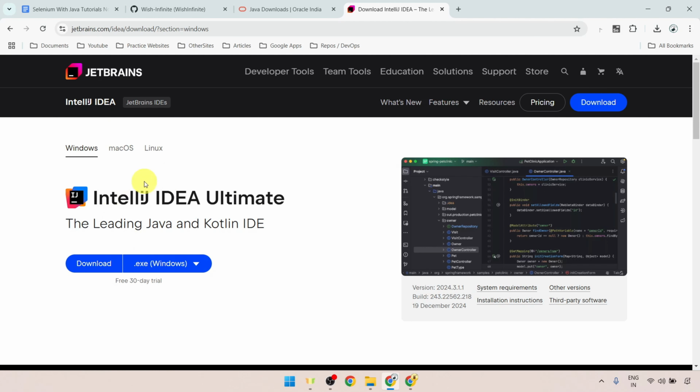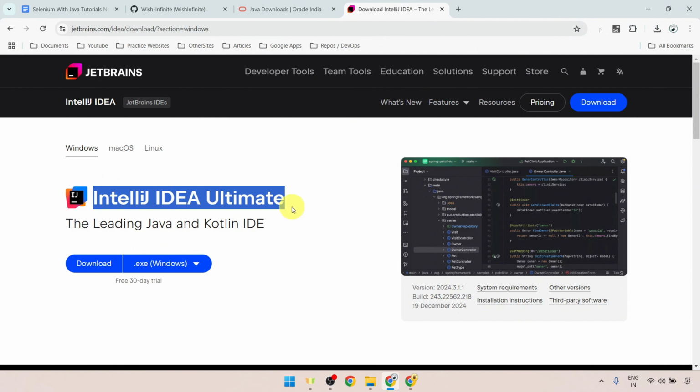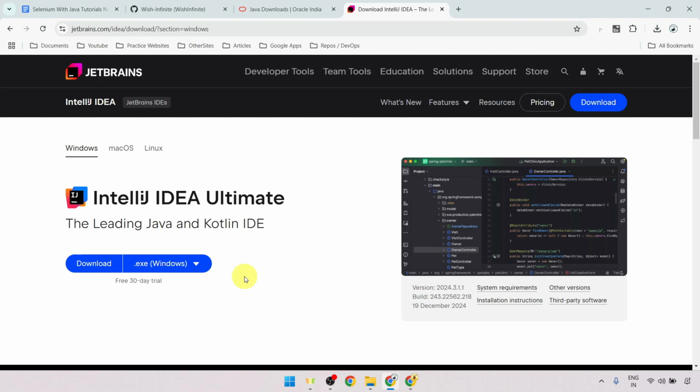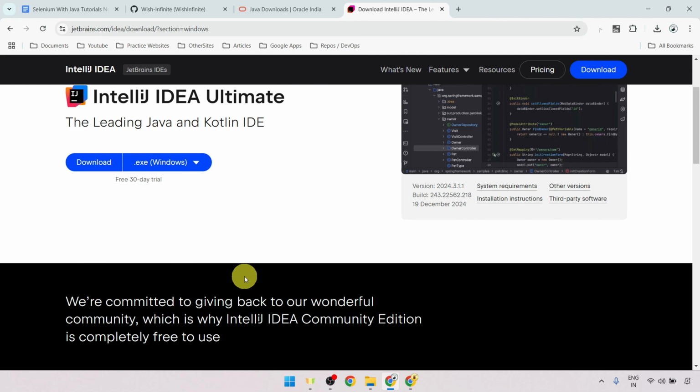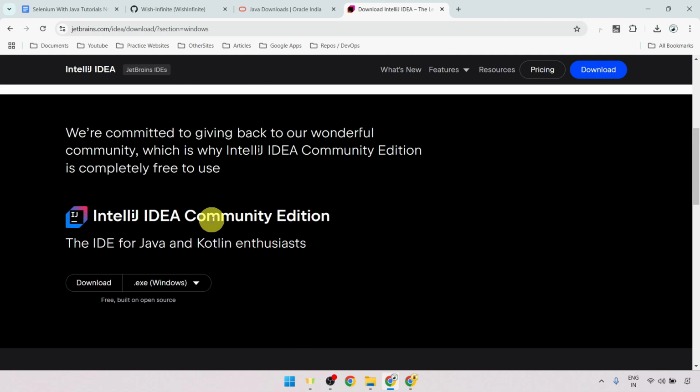And below it, you would be able to see this IntelliJ IDEA Ultimate, which is the paid version of IntelliJ IDEA. For now, we would be using Community Edition. To download the Community Edition, you can scroll a little bit down where you would be able to see this IntelliJ IDEA Community Edition, and this Community Edition is free and open source.